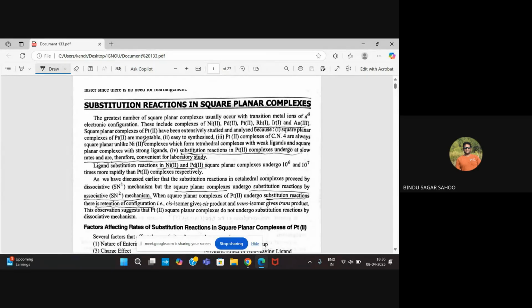Particularly in coordination number 4 complexes, two types of geometries are possible. One is square planar geometry, another is tetrahedral geometry. Tetrahedral geometry is particularly favorable when the ligand size is bigger or the ligands are bulky. But in the case of less sterically demanding ligands, we can prefer the square planar complexes, because in tetrahedral complexes,